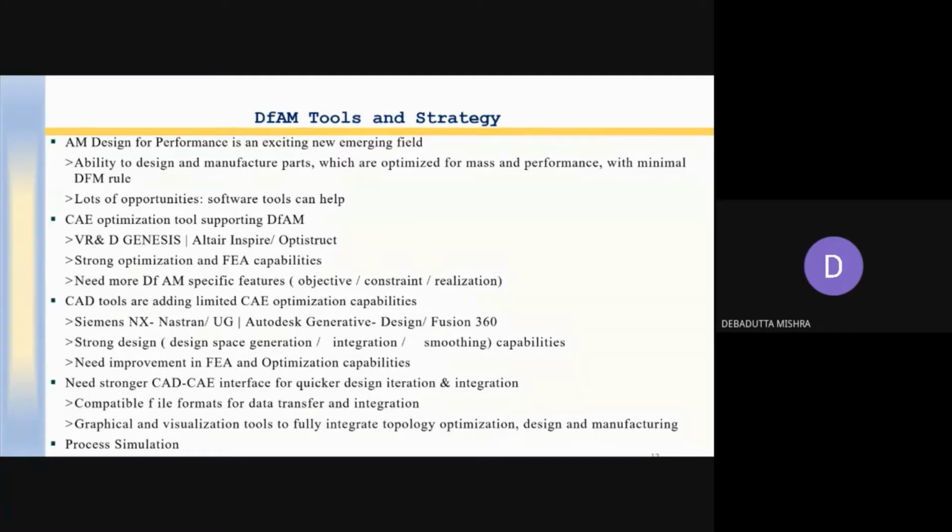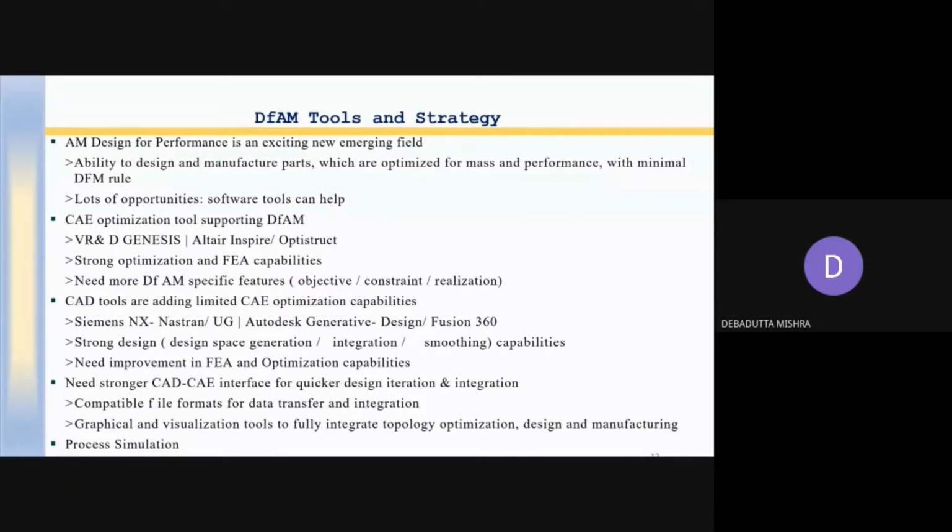One is CAE, computer-aided engineering, another is CAD, and then you need a CAD-CAE interface, and a lot of process simulation before going for final building or final printing.